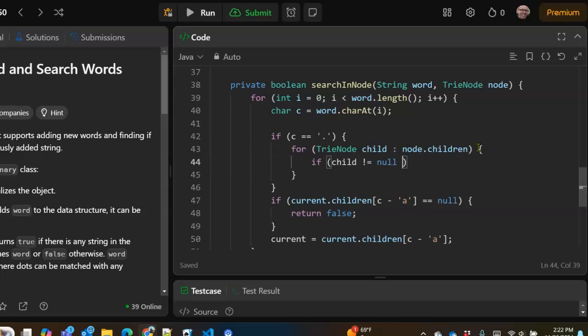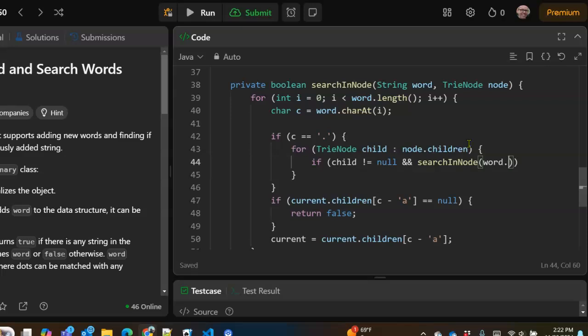So first we have to check that it's not null, that letter does exist as a child of this node. And now we'll do the recursive call, which is search in node. We are going to look for word dot